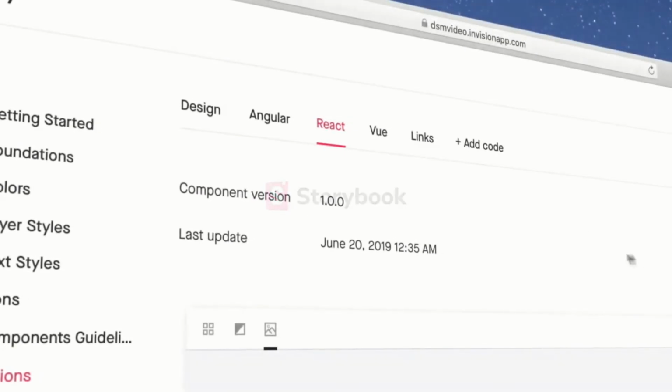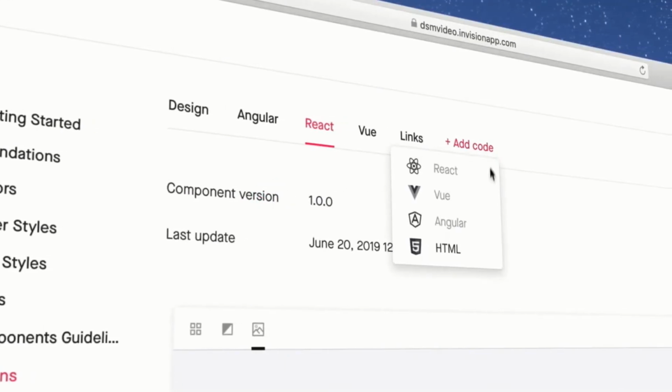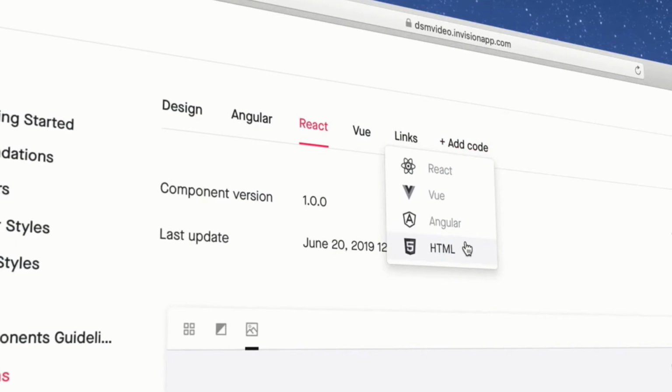Live components work with Storyblock, supporting frameworks like Angular, React, Vue, and HTML. So this sounds perfect. It's got Storyblock, it's got Angular, Vue, React, all of the things that we're doing right now. Unfortunately, the reason why I'm showing you this video is that I was unable to get access to Envision